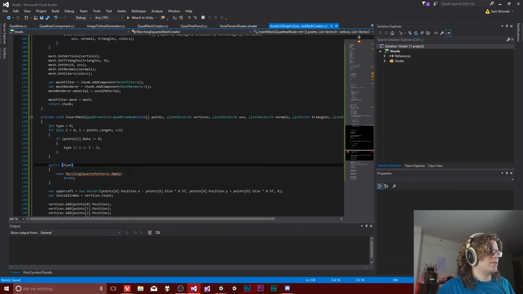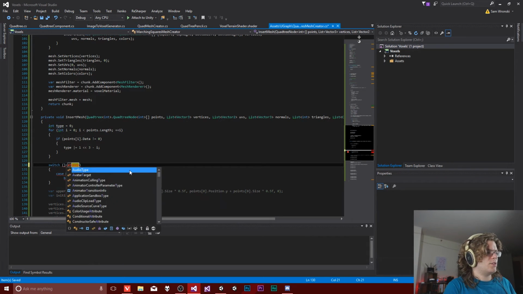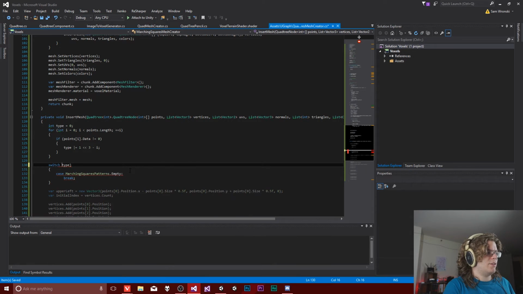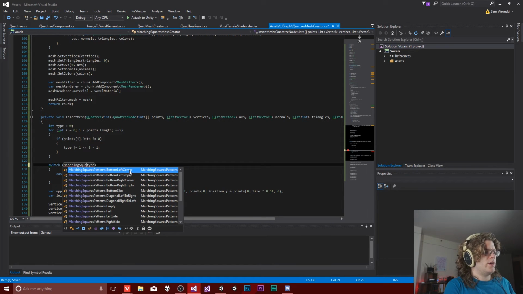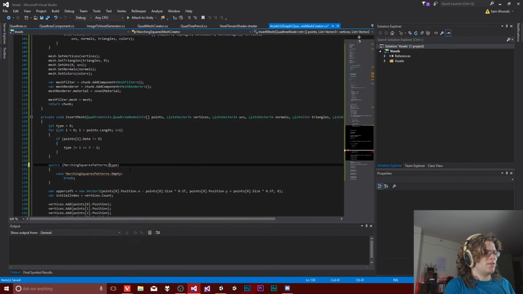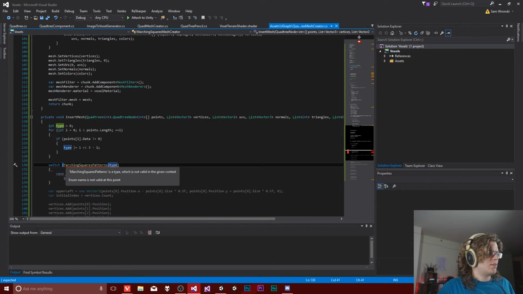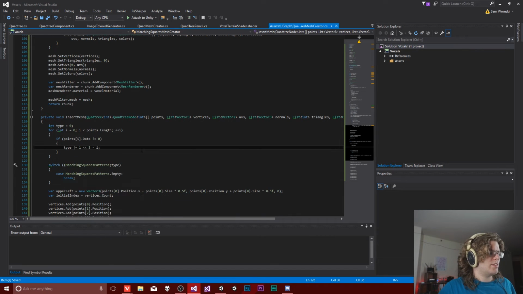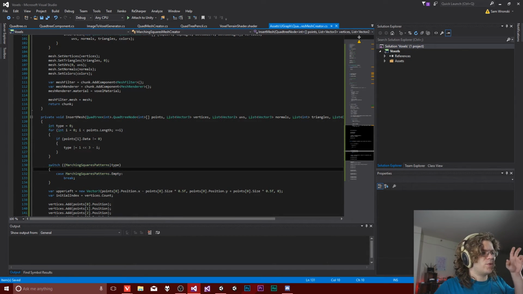Can't convert to int, but we can convert this to a marching, ooh, that's not right. Marching squares patterns. Yes? No? Maybe so? We definitely need one of those. There we go. Done. So I'm going to quickly pull each of those down into this case statement, and then